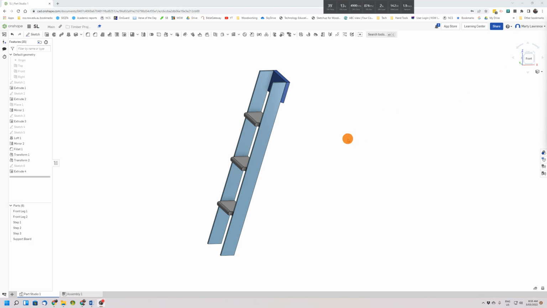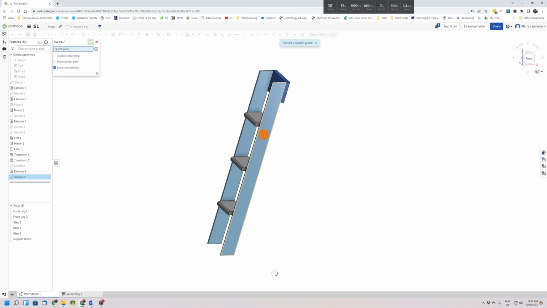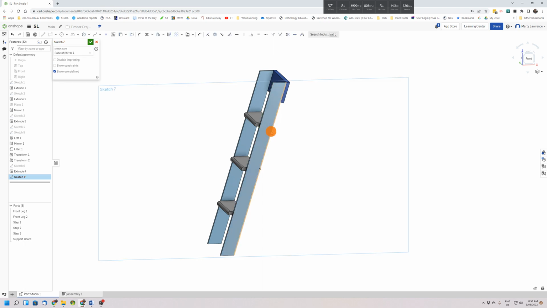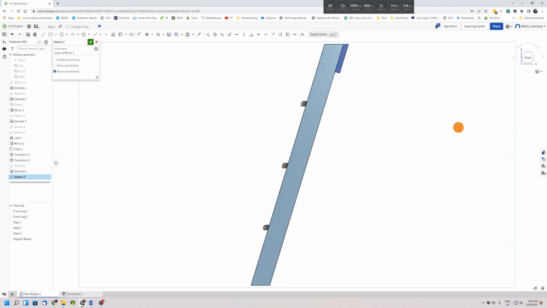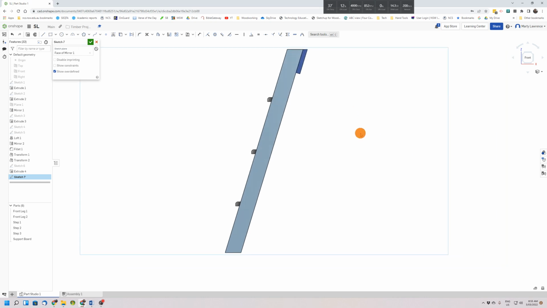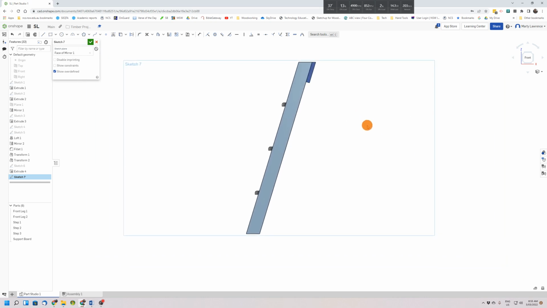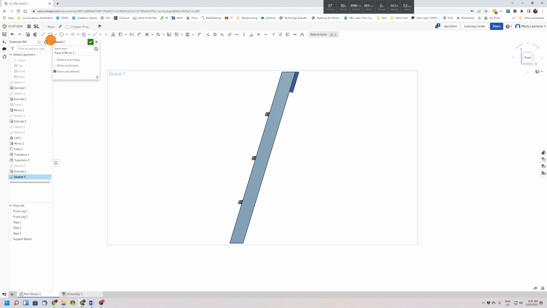Alright, hello again. This will be the fourth video. We're going to do our back legs of our stepladder, which come down here. So we'll start a sketch. We select that outside face of one of the front legs. We'll view that front on, zoom so you can see the whole thing, and we're going to select the line